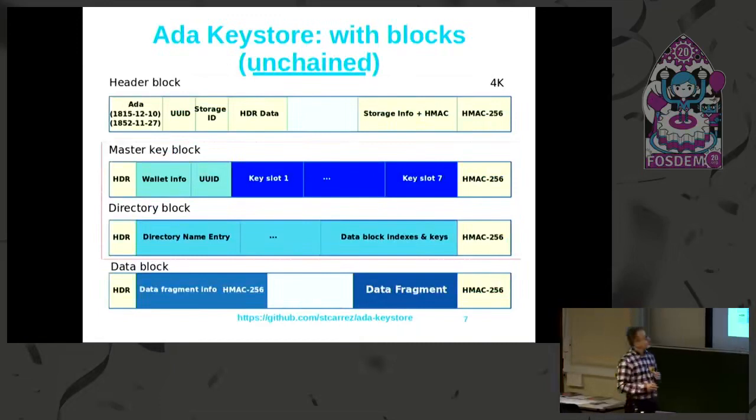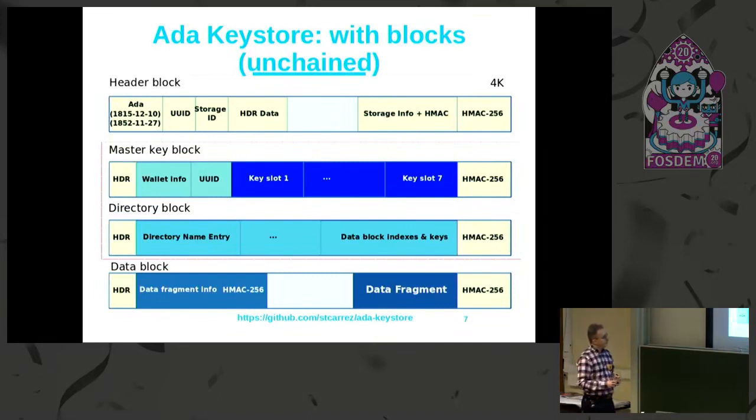So in a keystore, files are organized in blocks. We have several blocks, and each block has a well-known header and a footer at the end, which is an HMAC signature. It allows you to make sure that the data is not corrupted, and it is signed by the tool itself and by the signature that you have provided.